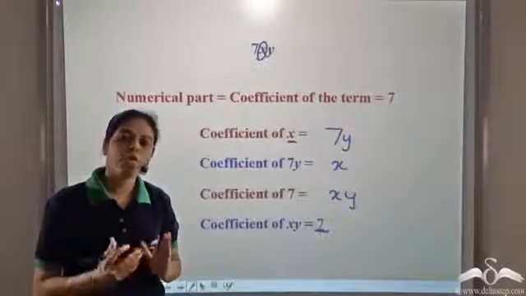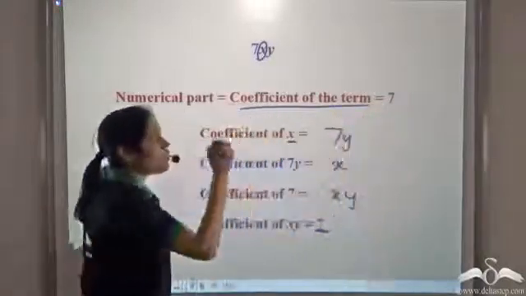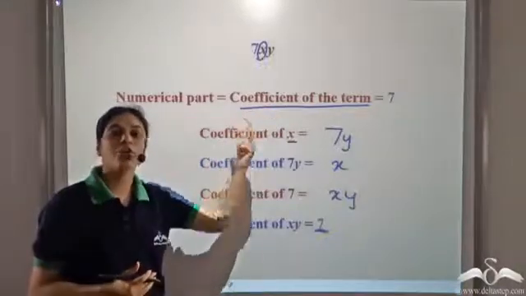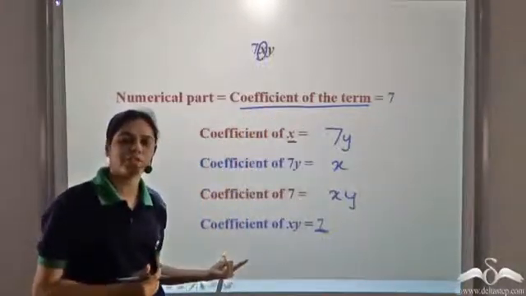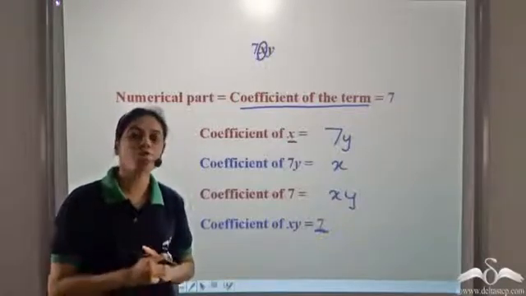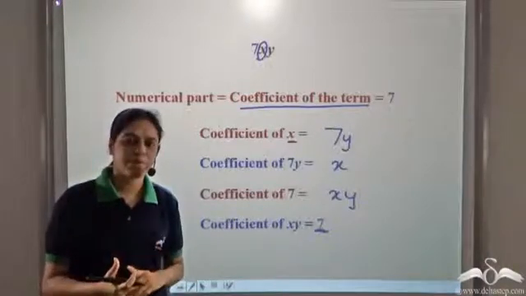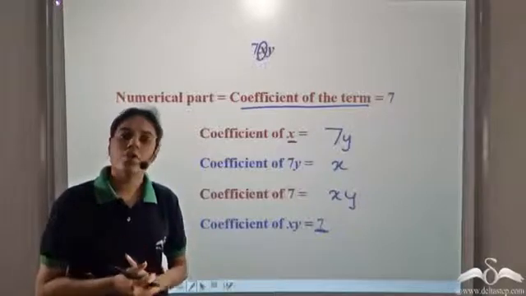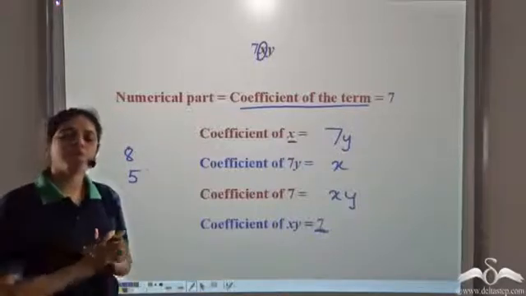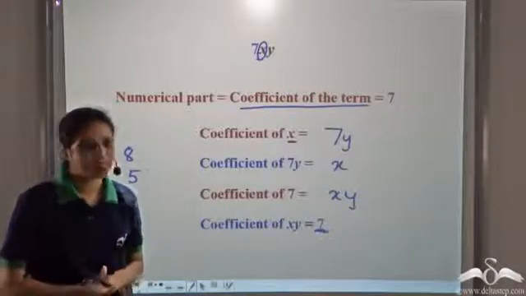But when we say only coefficient, we are referring to the coefficient of the term. So, if I say coefficient, I mean the coefficient of the term and not the coefficient of different factors of the term. Also remember that coefficients are defined only for non-constant terms. That is only for the terms which have a variable part or an algebraic part. They are not defined for constant terms like 8, 5, whatever. So they are defined only for the non-constant terms.